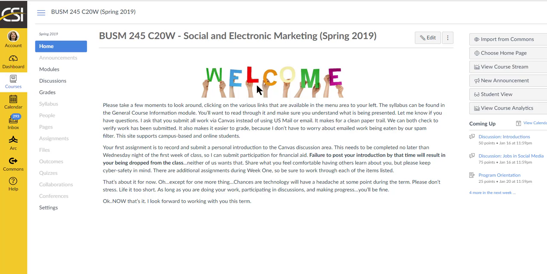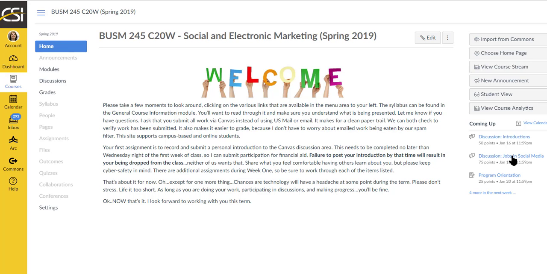When you first log in, you see the welcome area, the greeting area. And this I change every week depending upon what we're going to be talking about. There also can be announcements in there, so I may change it during the middle of the week if I need to. But when you check in, you'll see that. If I do post an announcement, I also send it via announcements as well.